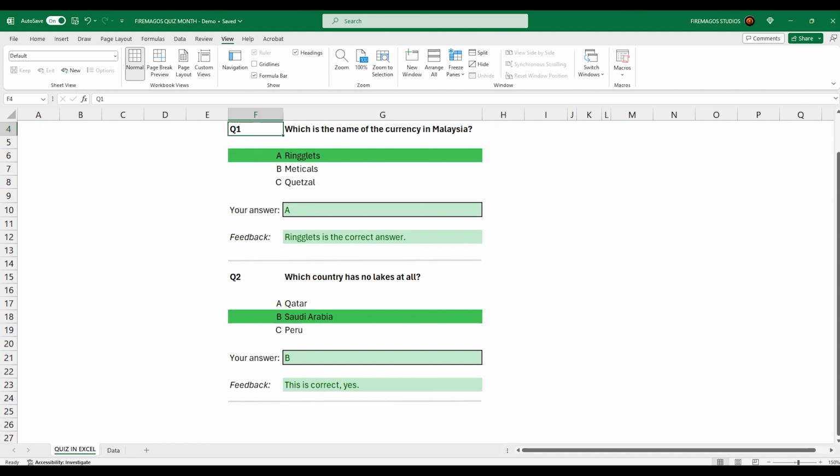Then you can list the question reference, the question text, the answer reference, the answer text. Then put here your answer or whatever you want.